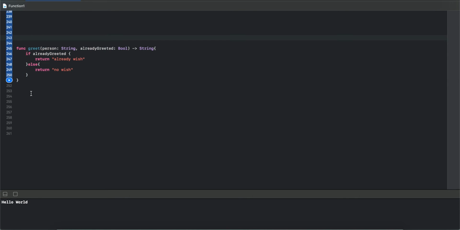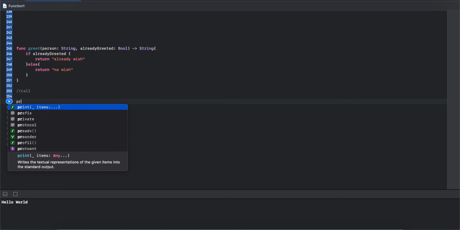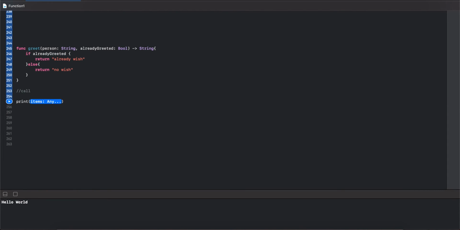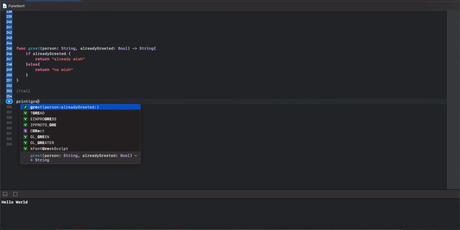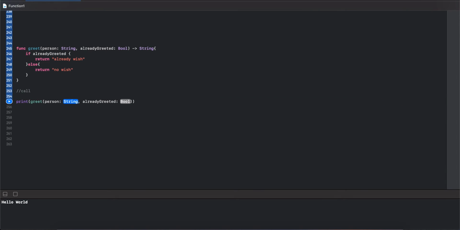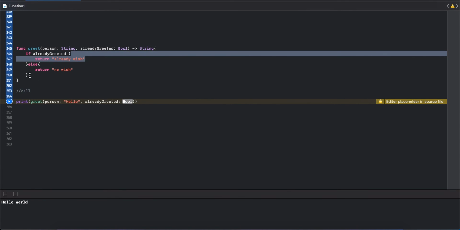This is a declaration. We can use it to call the function. Then we create a print statement: the greet function, which has two parameters, person and alreadyGreeted. The person is of type string, suppose everybody's name, hello, and alreadyGreeted is of type bool. If it is true, the true statement executes and prints "already wish" and not "no wish".